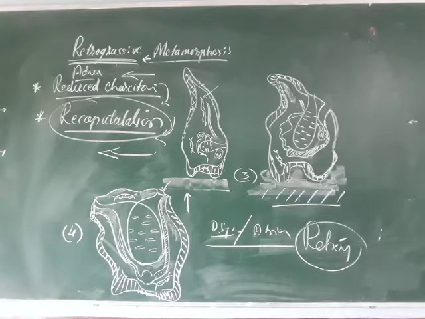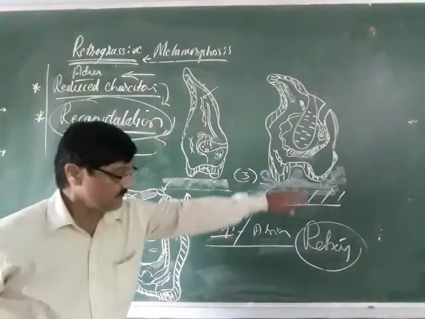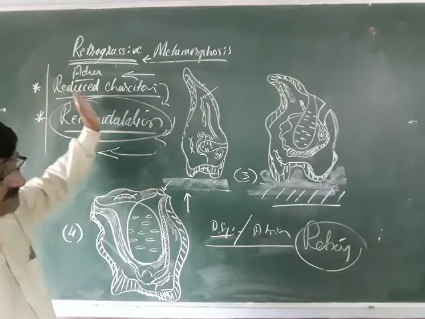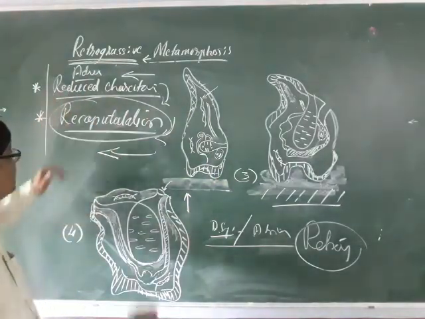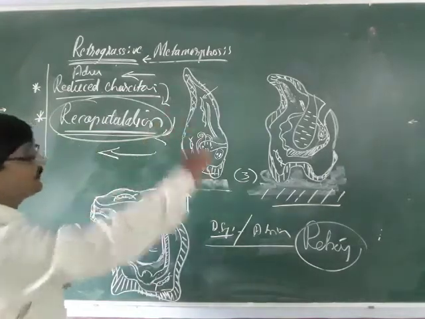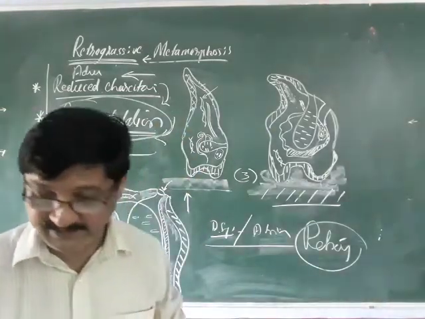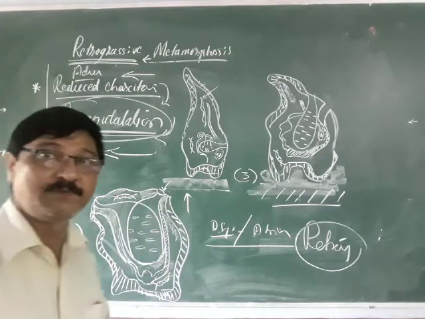It is one of the typical examples of retrogressive metamorphosis. So these are the main important characteristic features of the events that take place, and ultimately it results in reduced characters, the conversion of a free swimming larva to a sluggish form, and it shows the theory of recapitulation. It provides a typical example for the recapitulation theory during the course of evolution. So I will wind up here.